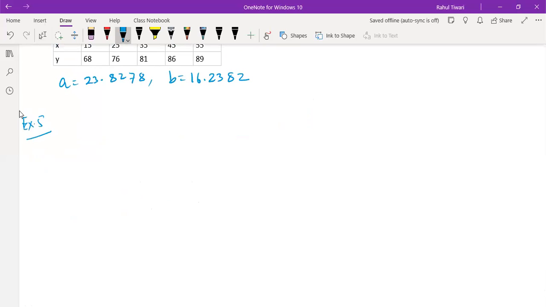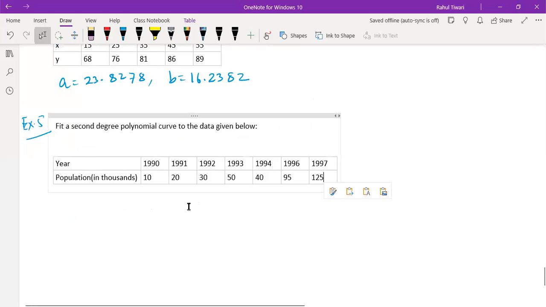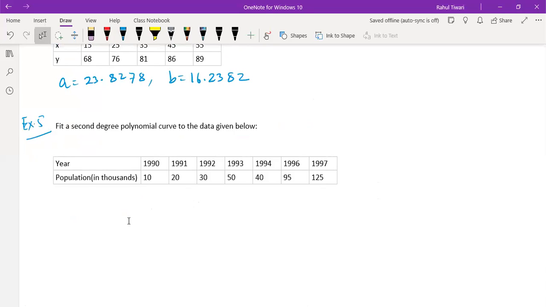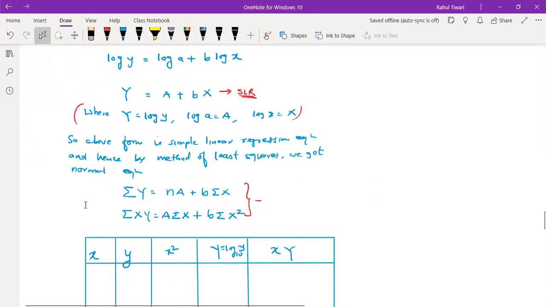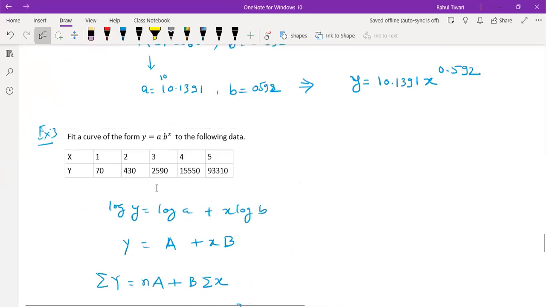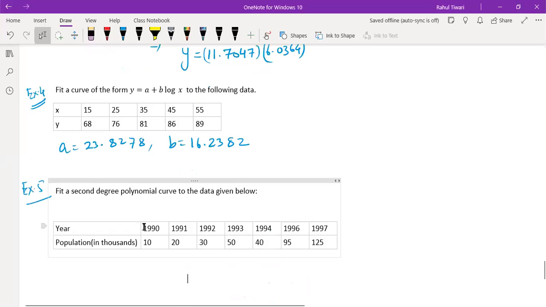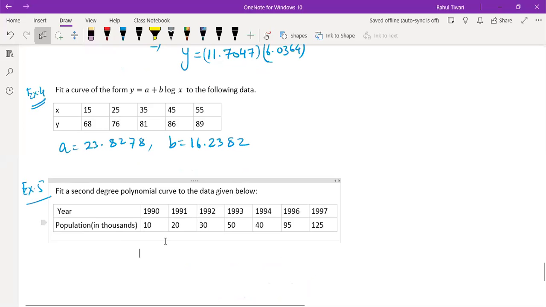Example number 5 will be this one. So how do you do this example? Now, if you look at all these examples, you were given data directly as x and y. But here, if you look at this x data, it is given in terms of year, and you need to